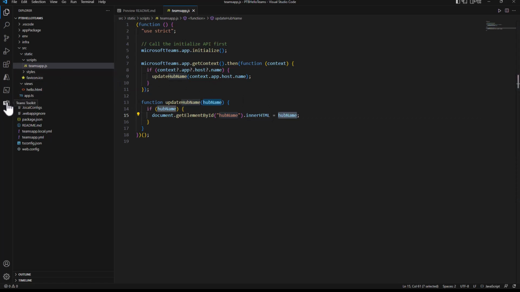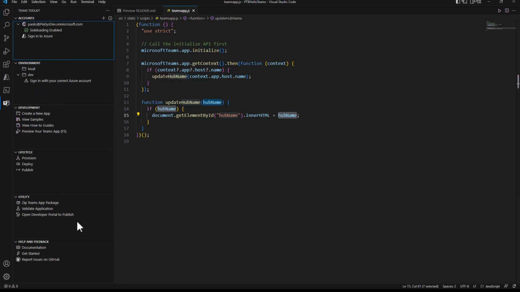If we click now on the Teams Toolkit right here, we can see that we have the environment configured with an account already created, but you might have to sign in into a target tenant. This is the target Microsoft 365 tenant that will be used to host your solution when you develop and debug it. And here you can also find all of the environments. You can create new ones right here so that you can have the dev test environments I was talking about before. You can create new solutions, view the samples, view the how-to guides, and preview your solution by pressing F5,